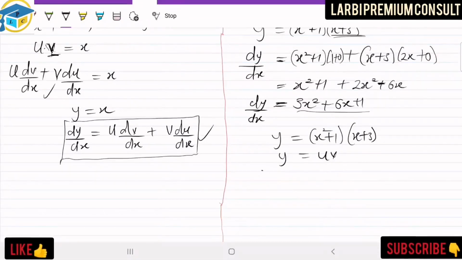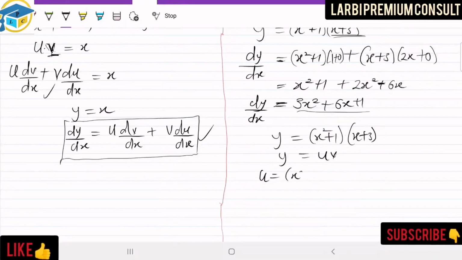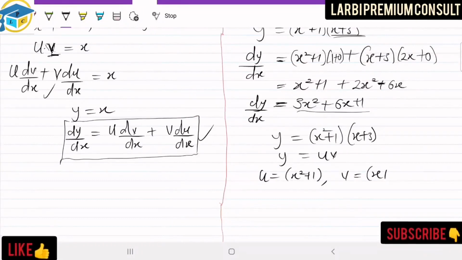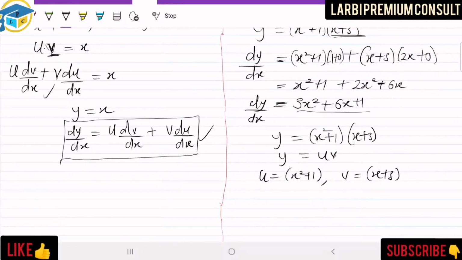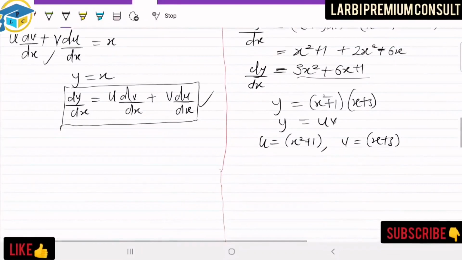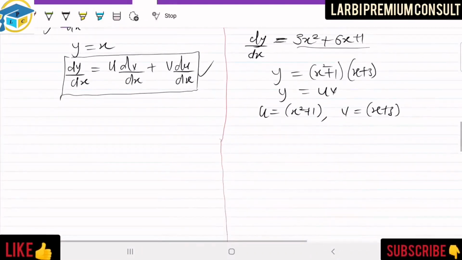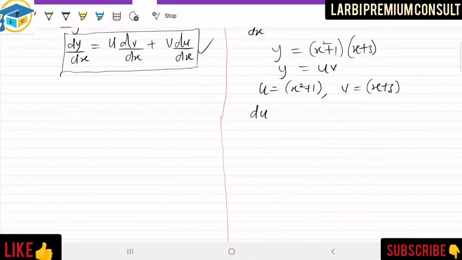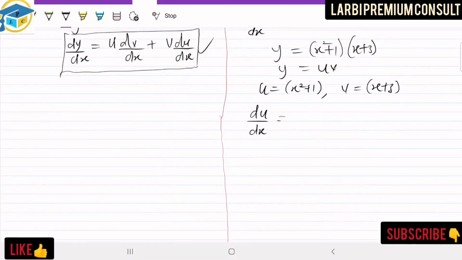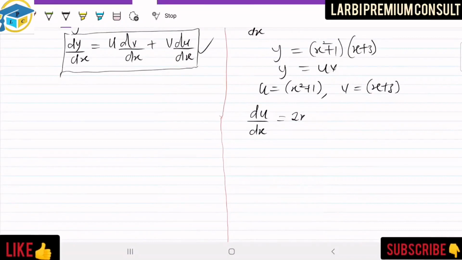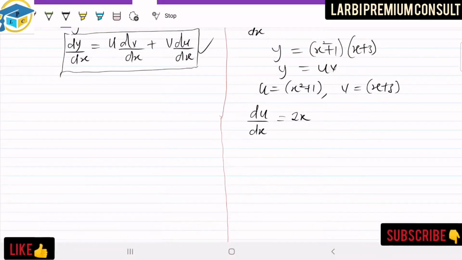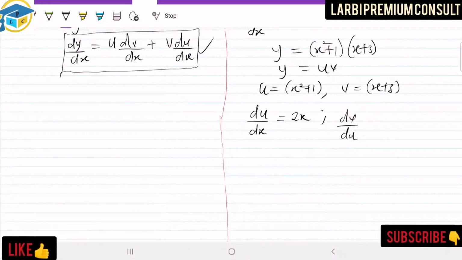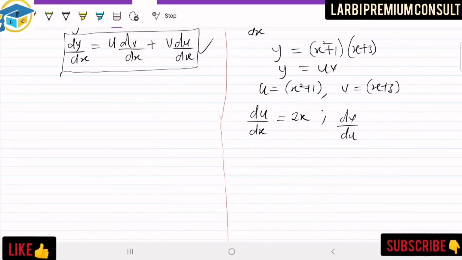So therefore I can say that u is equal to x squared plus 1 and v is equal to x plus 3. Once I'm able to get that, I'll differentiate all the expressions one by one. So I can say that my du dx is going to give me 2x. That is all. Constant is going to give you 0. Then my dv over dx is going to give me